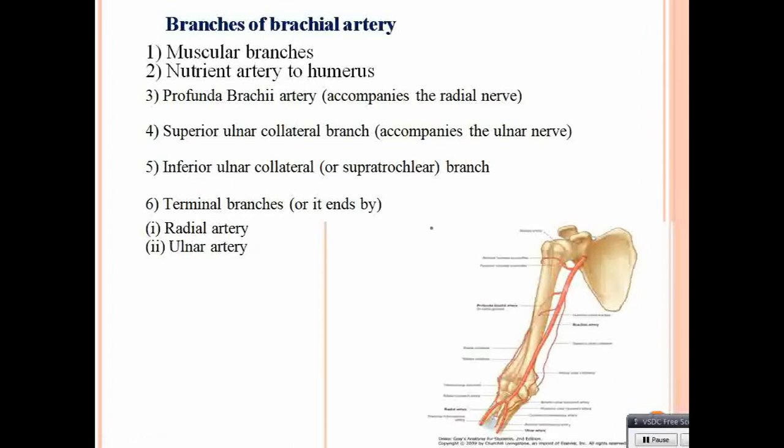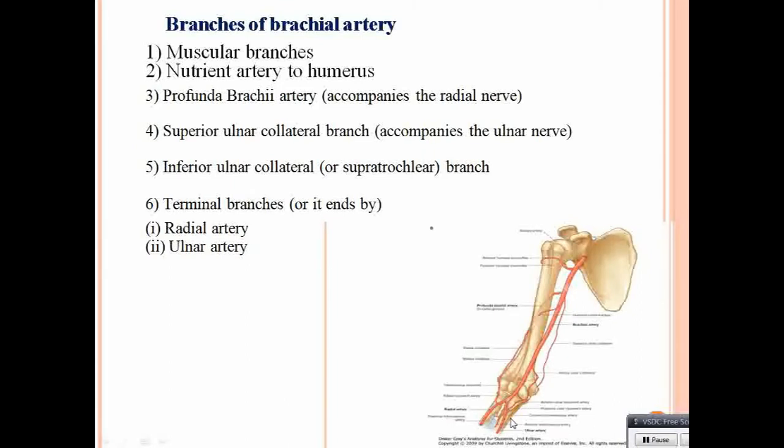Now terminal branches are radial artery and ulnar artery. So these are the different branches of the brachial artery. So muscular branches are given. Nutrient artery, profunda brachii is a deep branch that accompanies radial nerve, and superior ulnar collateral that is accompanying ulnar nerve that goes behind the medial epicondyle along with ulnar nerve. Inferior ulnar collateral that goes in front of medial epicondyle,